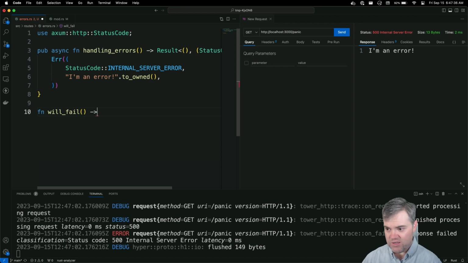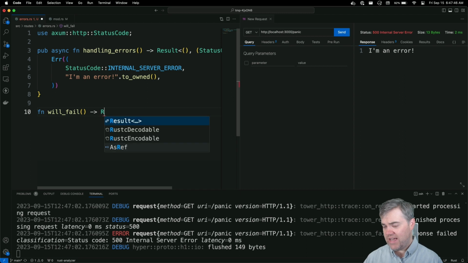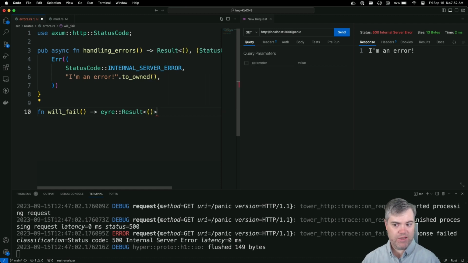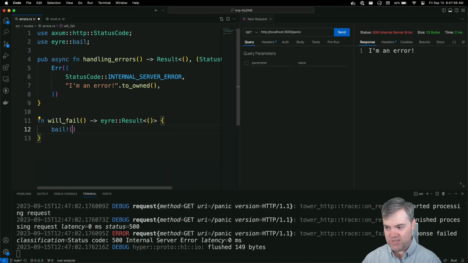If we call this, we can have this return, now normally we use a lot of errors, so let's just go with that. So this will be an error result. We don't really care about the result because we're always going to fail. And I'm just going to straight up bail from this function and say, yeah, I always fail.